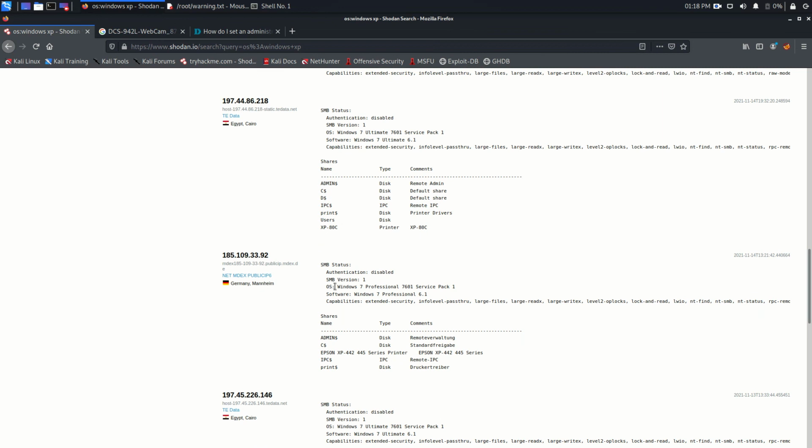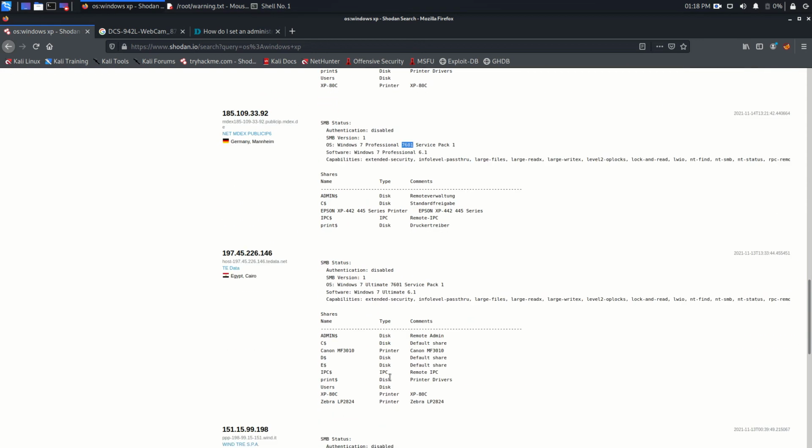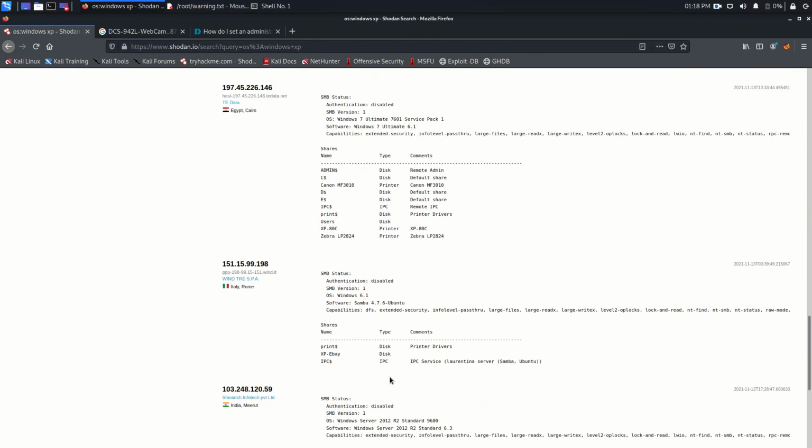Windows 7 Professional Service Pack 1, and the build is 7601. So when you see this kind of result, you can directly go search the build number. By the build number, you will know what vulnerabilities are there with that build number, and you can exploit those vulnerabilities. So a lot of the time, actually, hackers do not have